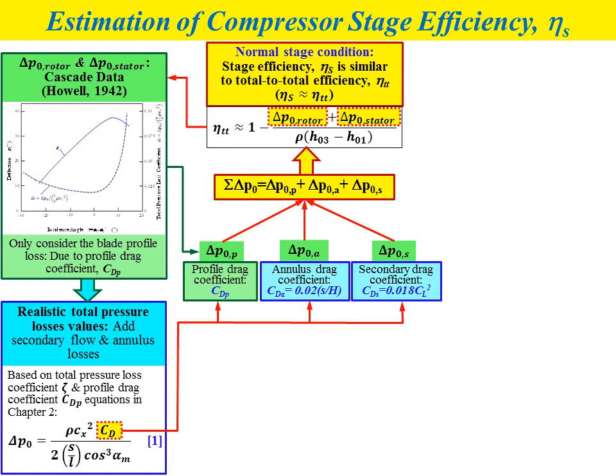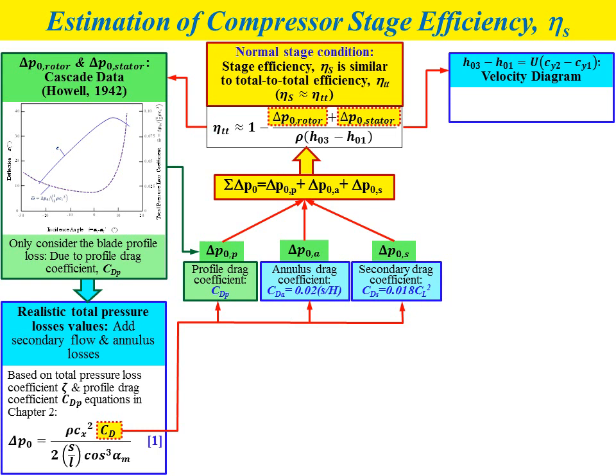Okay, so we can calculate both delta P naught rotor and delta P naught stator after we consider different types of losses. Okay, for the term